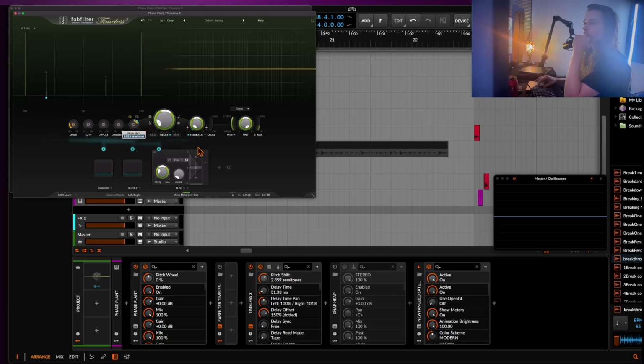And then along with that, this as a whole is already really cool. Because if you change this into tape mode, then what it's going to do is it's going to pitch around. So if I were to play a note,